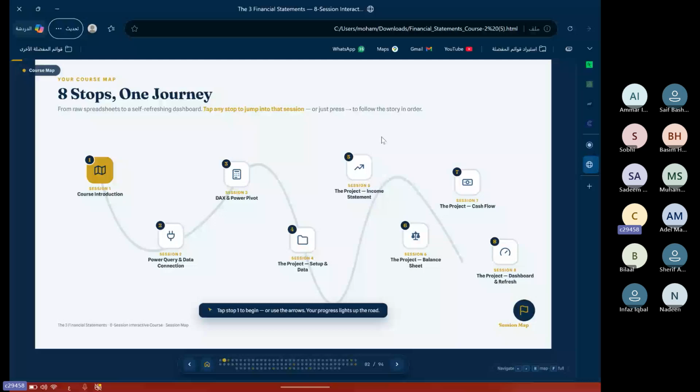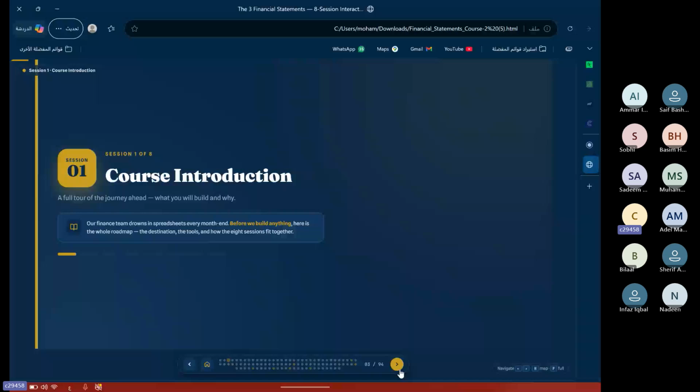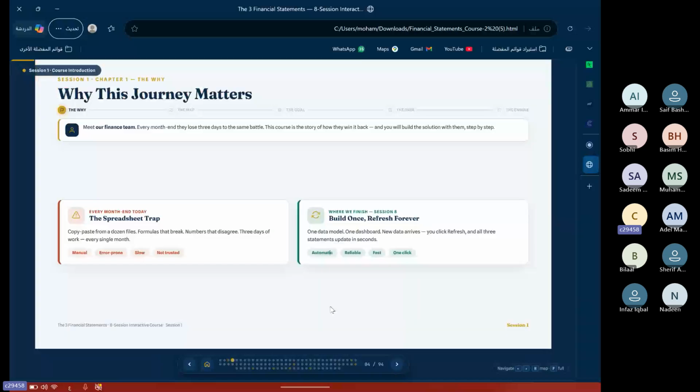We will talk about how we can make a setup, how we can make the database, how we connect it, but with the real data. Then we will build, inshallah, the income statement, then the balance sheet, then the cash flow. Then at the end, we will combine all in one dashboard, and we will have a full report, inshallah, in session 8. We hope it will not take more than this. So today we will start with the course, and it will be only an introduction.